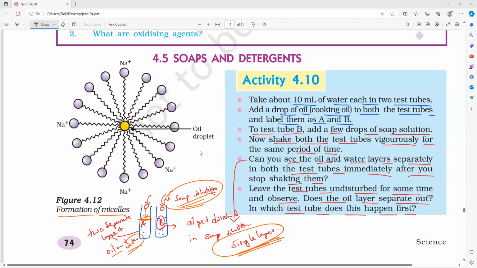Suppose there is an oil droplet on your hand or on your surface. This is the middle part, the oil drop. Now you can see all the tail parts of the soap molecules coming and attaching to it, because they like to react only with dirt. That is why all the tails are pointing towards the